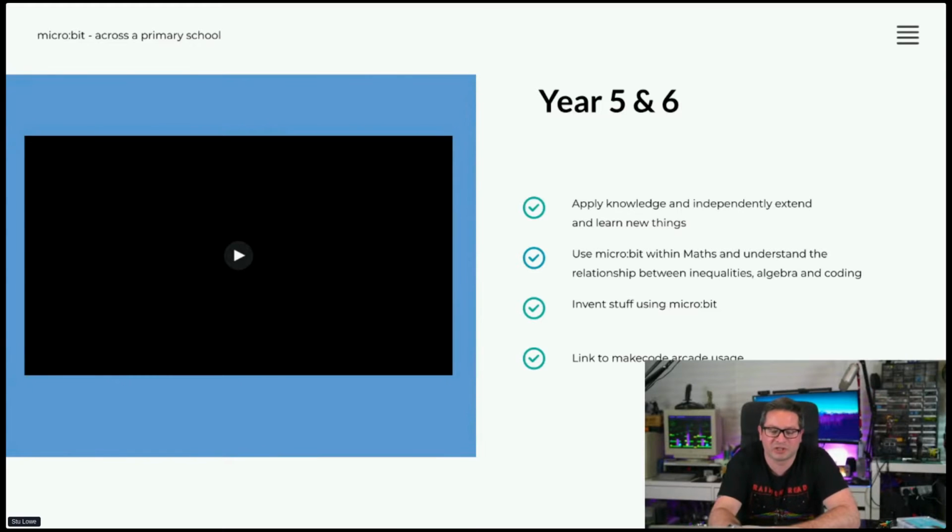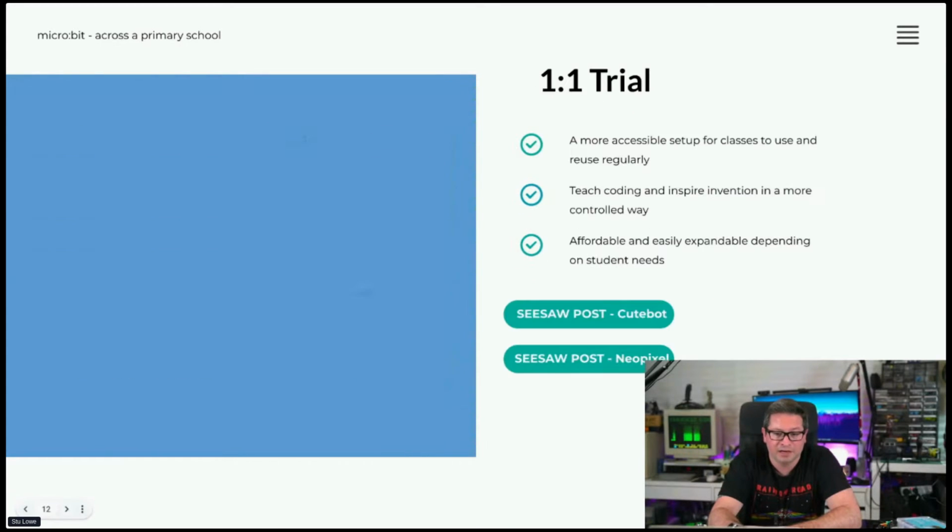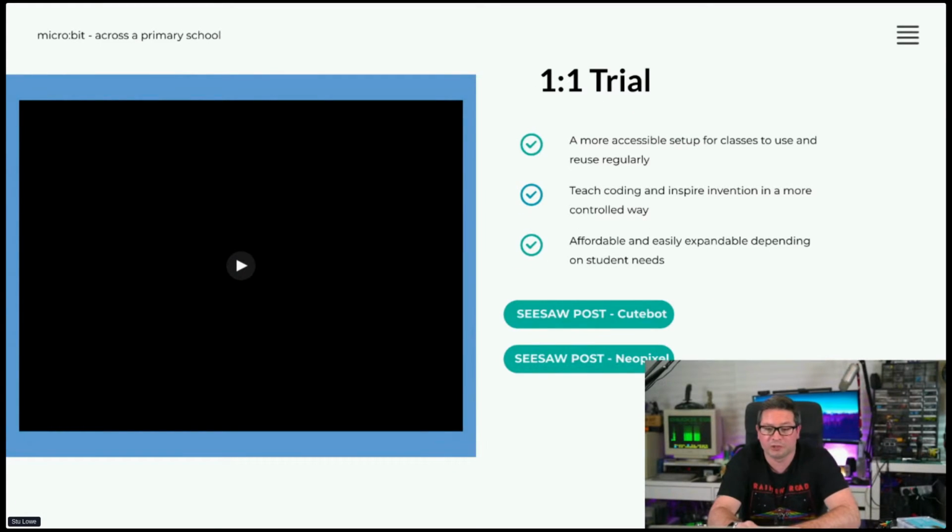So it was really nice. That was just one from exhibition last year. There were loads, actually. There were quite a lot of microbit projects last year. Then where we've been moving on to this year is a one-to-one trial. So this was something new for us. I've been teaching in a